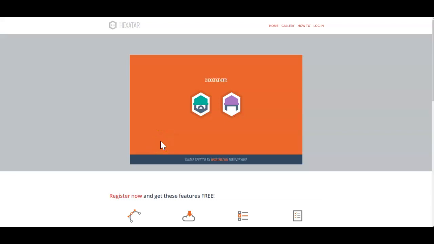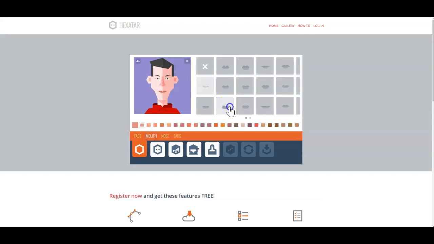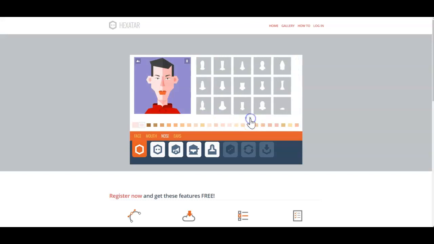In this video, we're going to take a look at how to use the website Hexatar. First thing I'm going to do is choose a gender, and it's just going to bring me to a basic person. Again, from here, what I can do is on the head, I can change the way my face looks. I have the option to change the mouth color, change the nose, a couple of different pages of